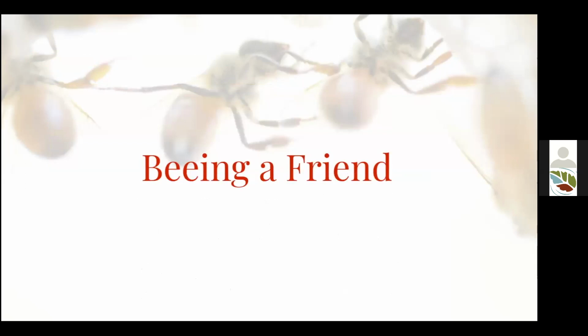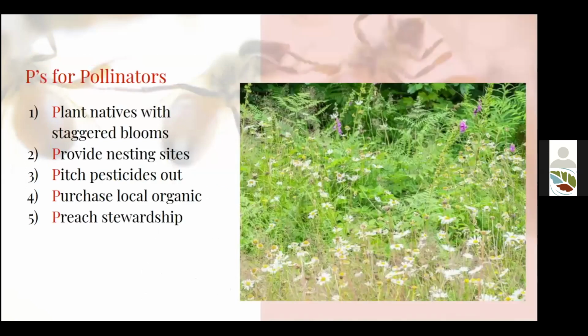Okay. I'd like to spend a little bit of time at the end here talking about the steps we recommend people do to promote bees and bee diversity in suburban and urban landscapes. We've termed these the P's for pollinators. The very first and most important thing we can do for bees and pollinators is to plant native blooming plants that have staggered bloom cycles, so they bloom at different times of the year and you have blooms during the entire warm season that supports bees that are active at different times.